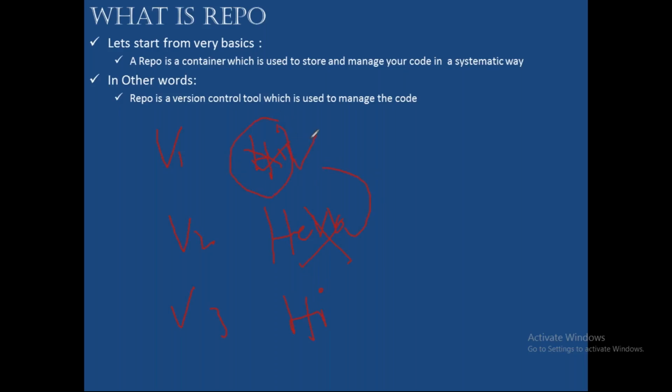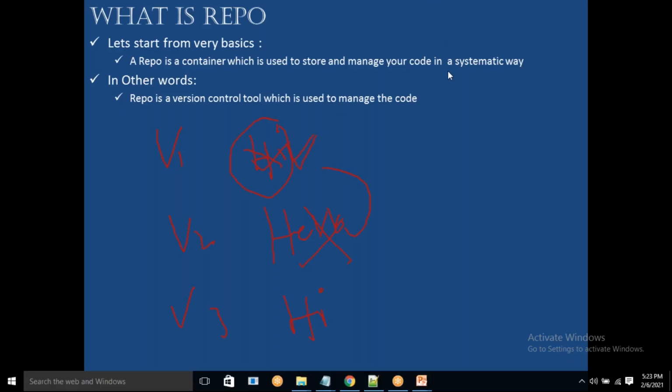This is basically version control, meaning you are tracking all the changes that you are doing in your code. Understood? You are tracking all the changes that are happening in your data factory code